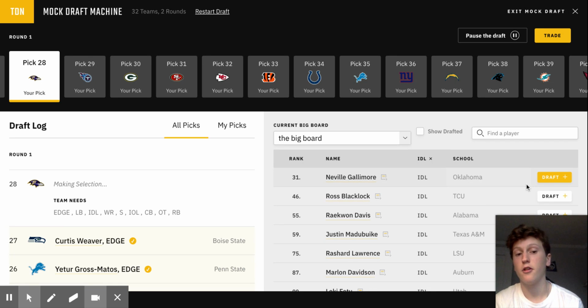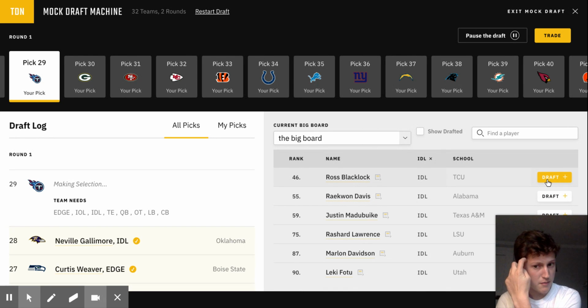Neville Gallimore's here, and I think that's what they'll do. Get Neville. I can't pronounce his name. Neville Gallimore, solid interior defensive lineman out of Oklahoma. Dude is a run-stopping freak, not as good of a pass rusher as those other two that I mentioned before, Javon Kinlaw and Derek Brown. But those guys are a whole tier above anyone else in this class. So I think that Neville Gallimore can be a solid fit in